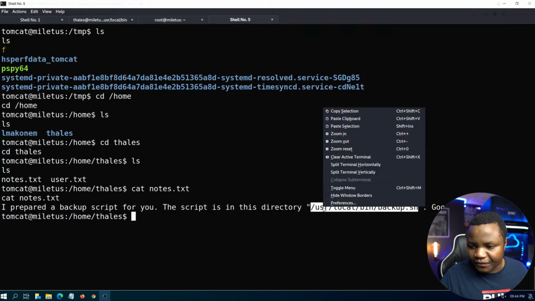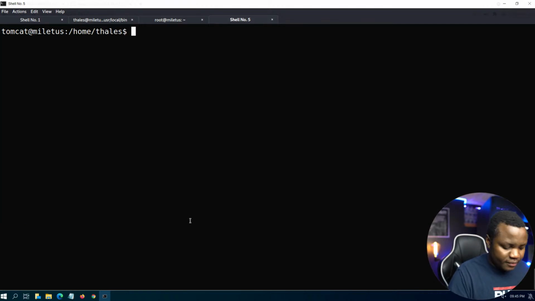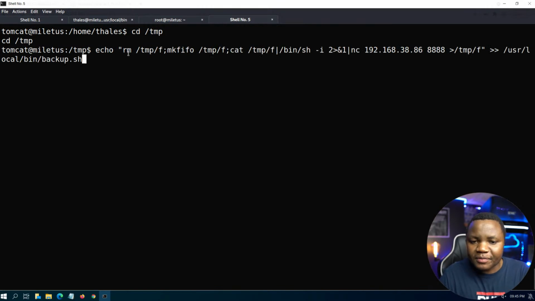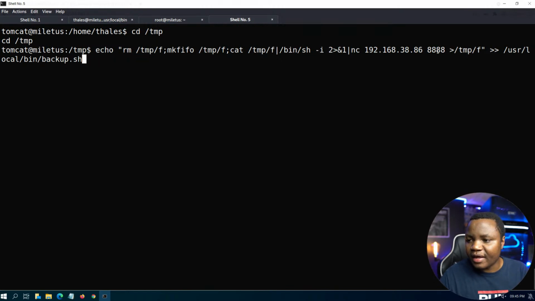I just need there to be my file. All right. So what I'm doing here, I'm saying, hey, can we just go in there, replace the entire thing, and just put port 8088? That's all I want